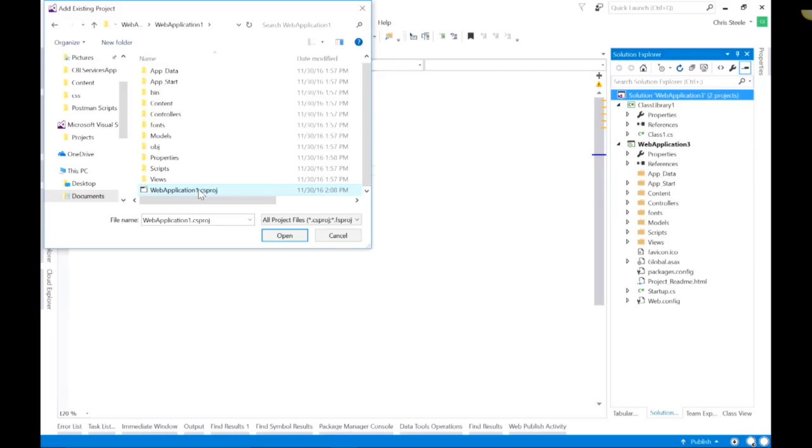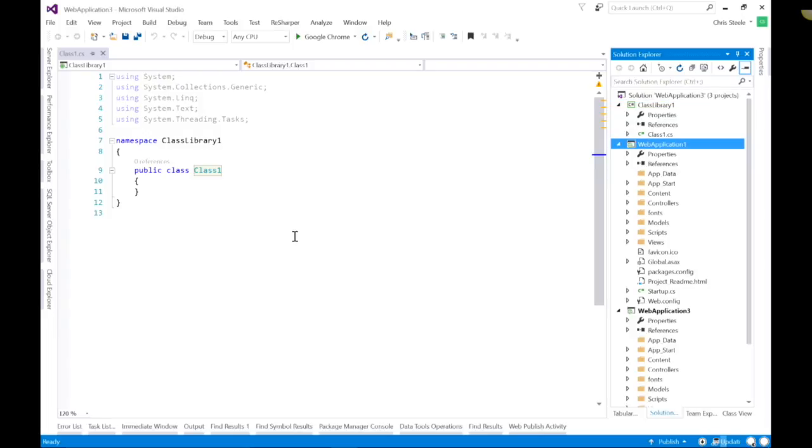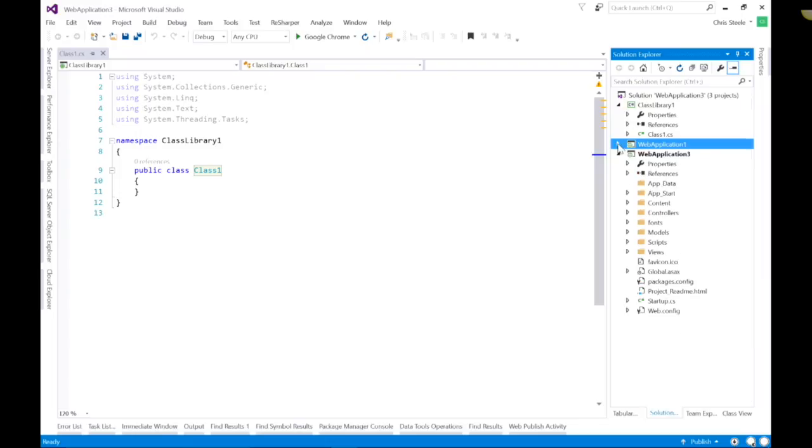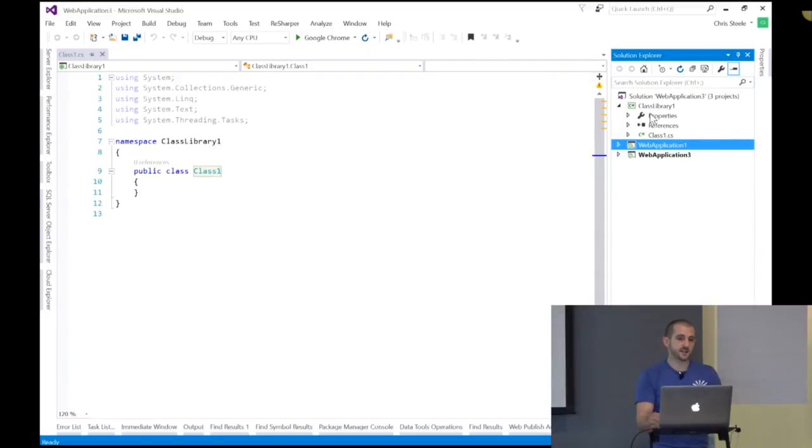Console application. Right, no, we wouldn't want to do that. What it's looking for is a CS proj file. This is the project file when you create a C# project. And you'll see this, it puts it in here. But let's say, kind of extending off of what you just said, this actually brings it into your solution. But if you make changes to this, like let's say I open up that other project that we just grabbed this CS proj from,